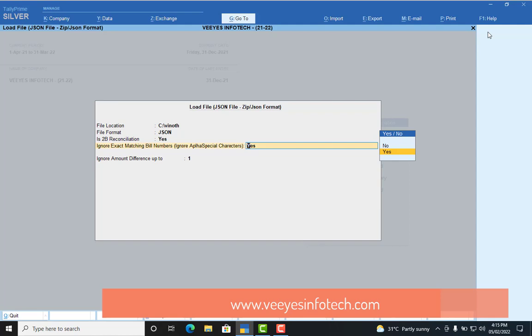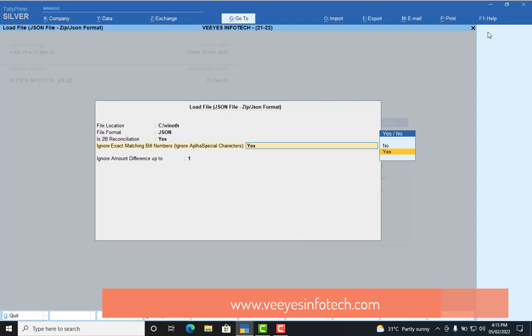Ignore exact matching bill number. Ignore alpha special characters. For example, somebody makes a bill number like AB001 to 2122, but you are entering the bill as 001.